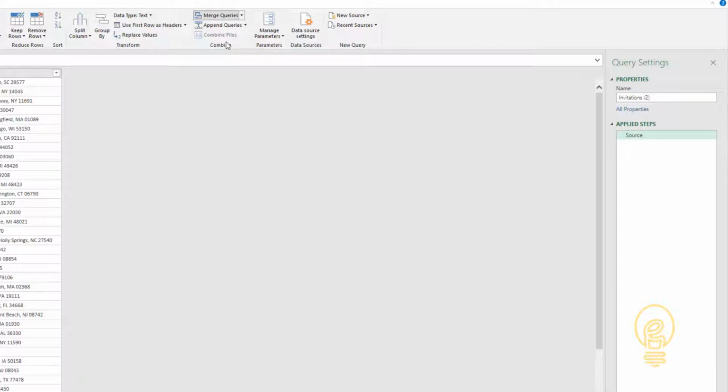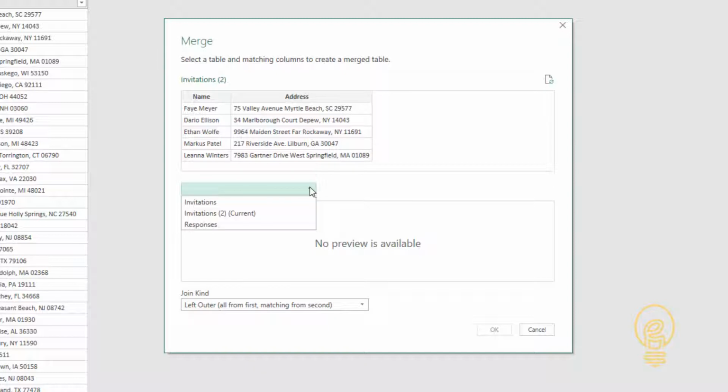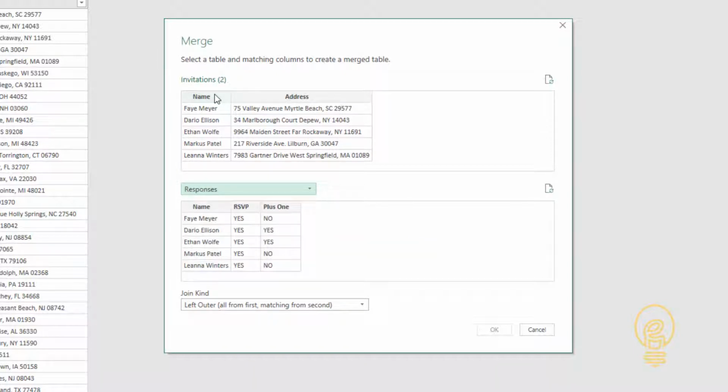To start, I'll use the Merge Query command along the top. This will open a new window. Within this window, I can see the invitations at the top. In the middle, I'm going to select the Responses table so I can connect the components together. I need to tell them how to talk to each other, so the name from the invitations and the name